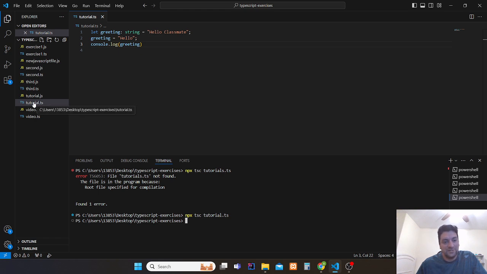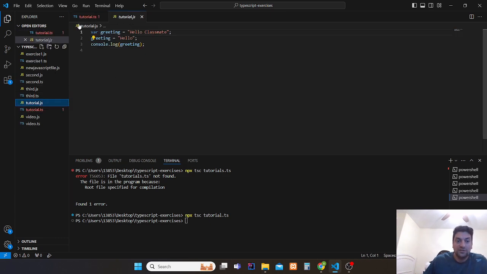I don't know if you were paying attention, but now we have the TypeScript file, and we have the tutorial JavaScript file, because what it does is transpile the code into JavaScript. If you want to see, I can open this one, and you will see this is pure JavaScript.